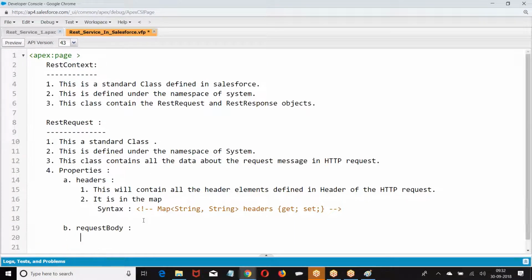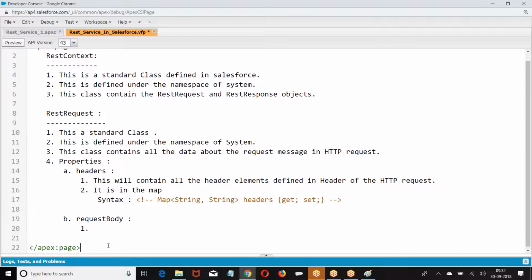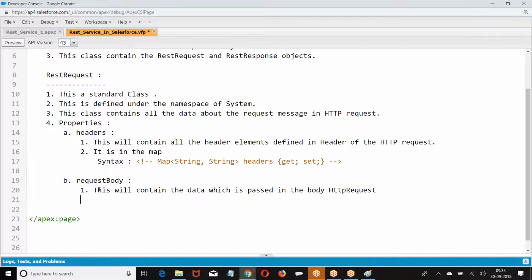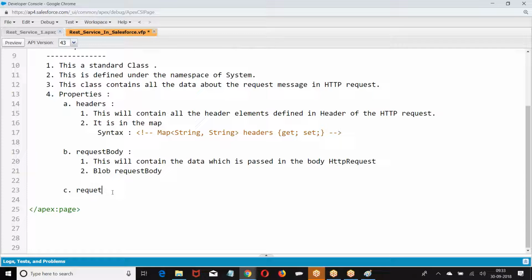Request body. This will contain the data which is passed in the body of the HTTP request. Then request URI. Request URI. This is the